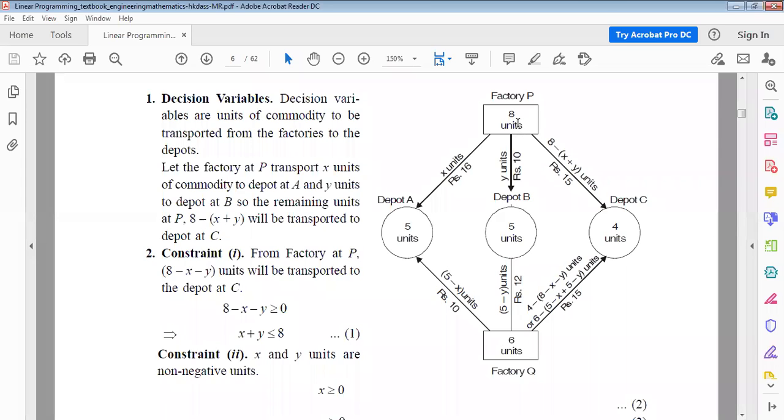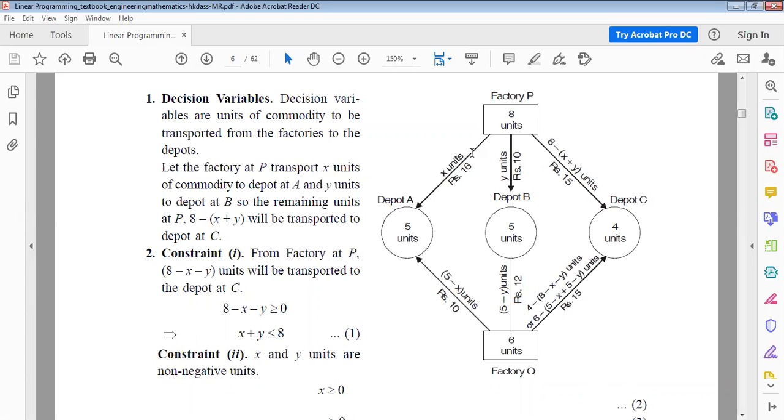And if Y units come from factory P to depot B, then the rest of the requirement of depot B will come from factory Q. That means 5 minus Y. Okay, 5 minus Y. And this costs how much? 16 taka. And the transportation cost for this needs 10 taka. And this costs how much? It needs 15 taka. Okay, for bringing the product from factory P to depot C, and the rest, 8 units available,